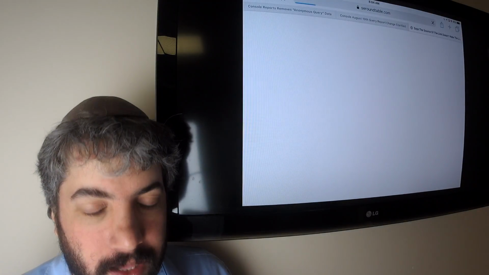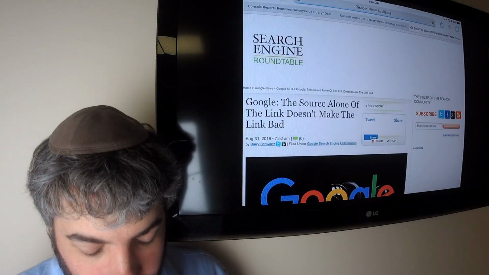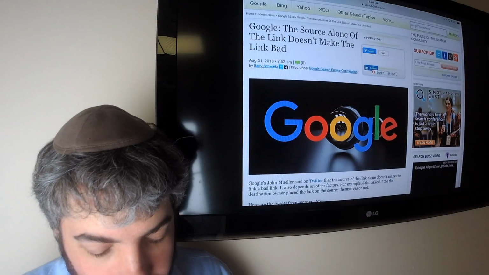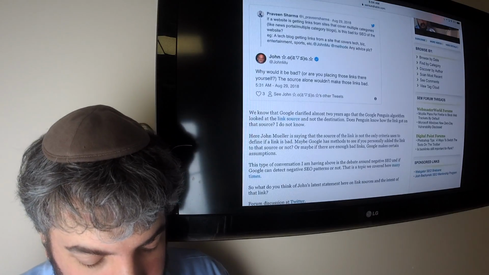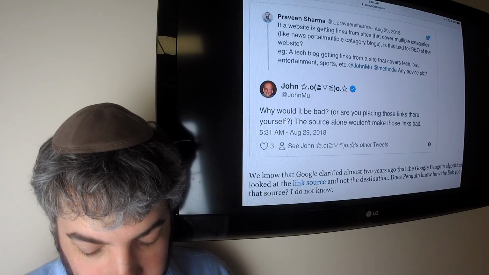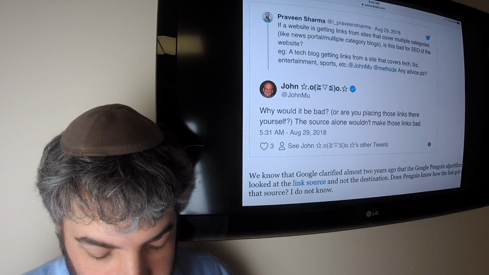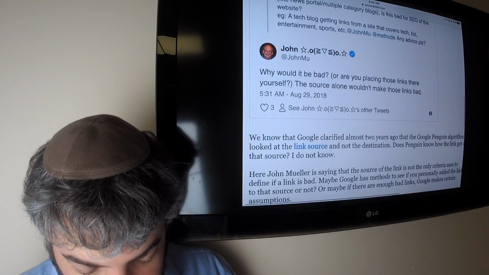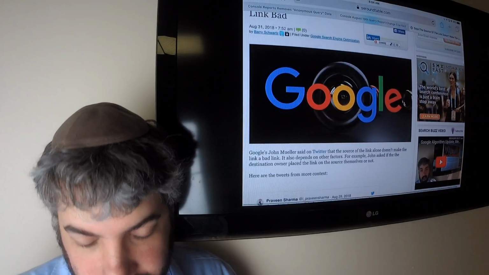Google's John Mueller said this week that the link source alone doesn't make the link bad. And here's John's tweet. Why would it be bad? Commenting about a certain type of link. Are you placing those links yourself? The source alone wouldn't make those links bad. Now we know that Penguin analyzes the link source, not the link destination.